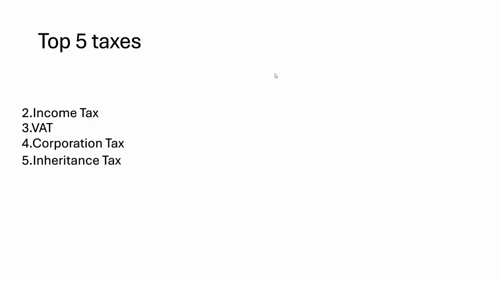All right, these are the top 5 most useful taxes. At number 5, we have inheritance tax. It taxes your inheritance, what you receive when someone in your family dies. Number 4, corporation tax. This is tax on a business when they're trying to produce stuff. Obviously they've got to get taxed. Number 3, VAT, value added tax. Obviously, it's on every product you've ever bought. It's just always there. Number 2, income tax, the progressive one. It adds up as you go on, and everyone except those in the bottom £12,500 bracket are taxed increasingly.